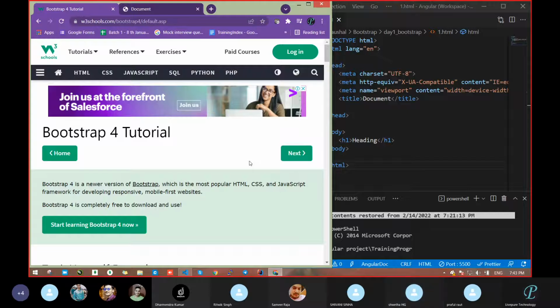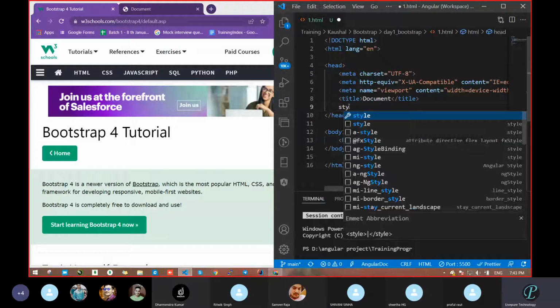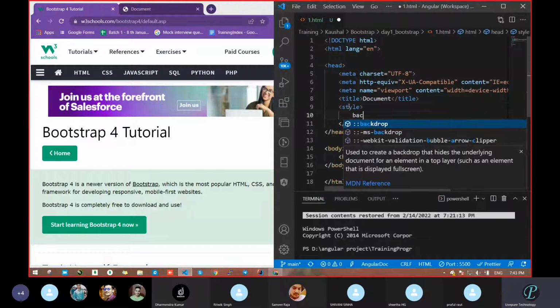But how? You have to prove that this is going to reduce our time. The question was exactly: it is saving our time, how is it saving our time? Because we are going to call that class, and in that class, somewhere, CSS style is already written. Suppose you have to write a style. If we want H1 to have something, you will first write a style, then write, suppose, background color.